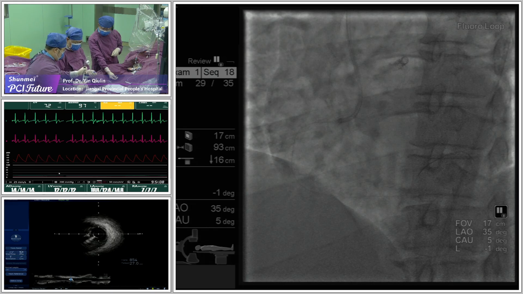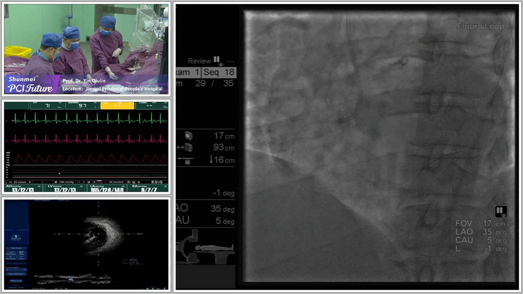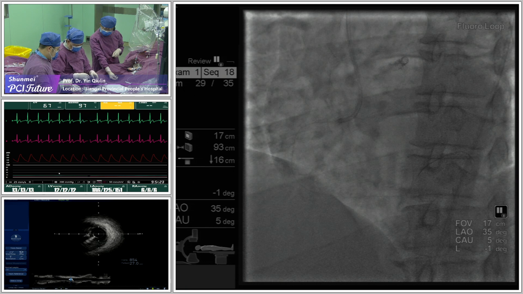XTA cannot enter, so I changed to UV3. Also UV3 failed. I changed to Gaia second, Gaia third. Sure. Next one. Then